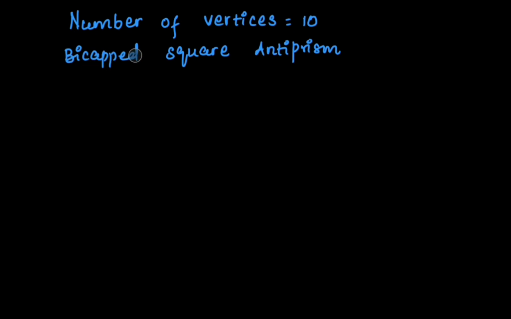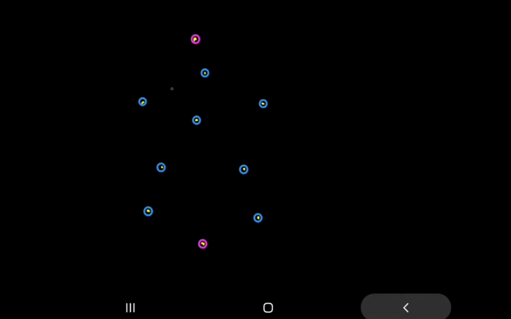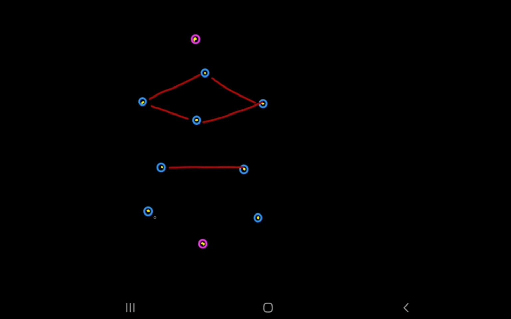The first one being the bicapped square antiprism, where there are two caps over the square faces of an antiprism. So here are the vertices that are chosen. Altogether there are 4 planes of vertices. In the first plane there is one vertex, in the second plane 4, which I am constructing into a square. Third plane has 4 vertices which are being constructed into another square that is staggered to the top one. And in the fourth plane we have another vertex.